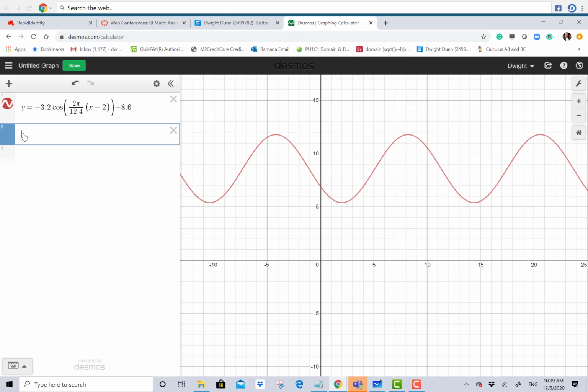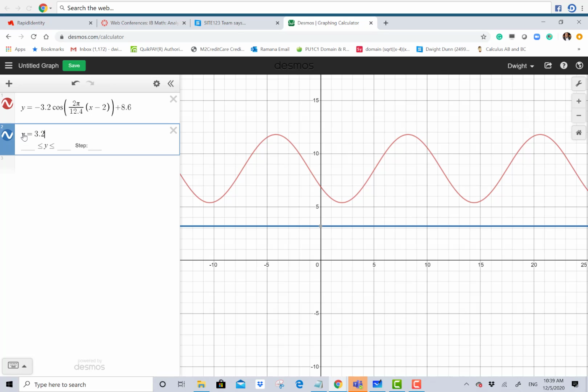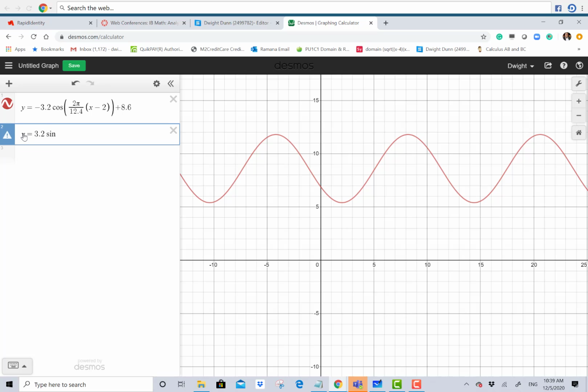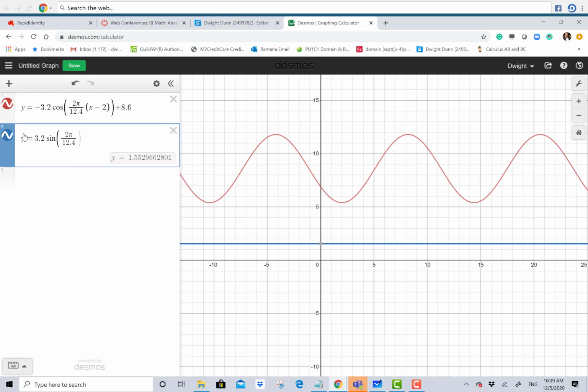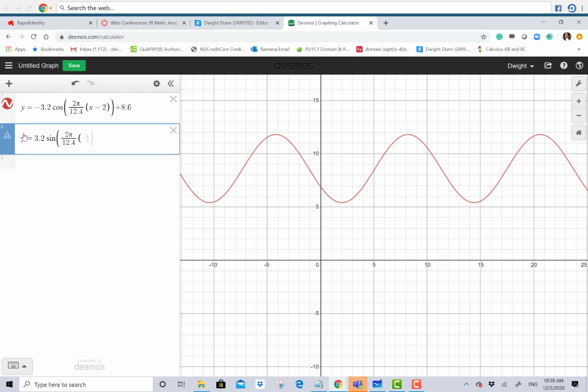Now let's try to work our magic and see if it works for the sine. We're going to put the same graph in using the sine function. So it's y equals 3.2 sine 2 pi, pi to get my pi. Again, put my parentheses around that because we want to make sure that we're just working with what is for the angle right there. So that's going to be 2 pi divided by 12.4. Go back up, parentheses. That's going to be x